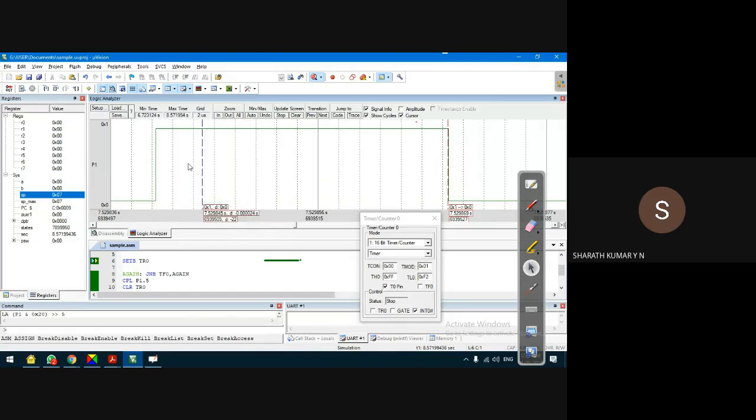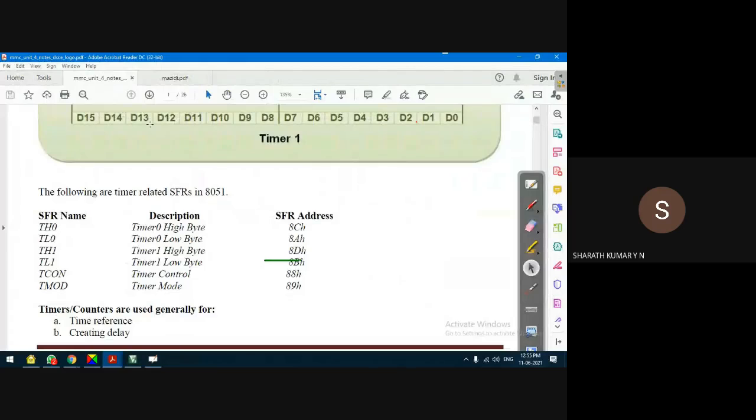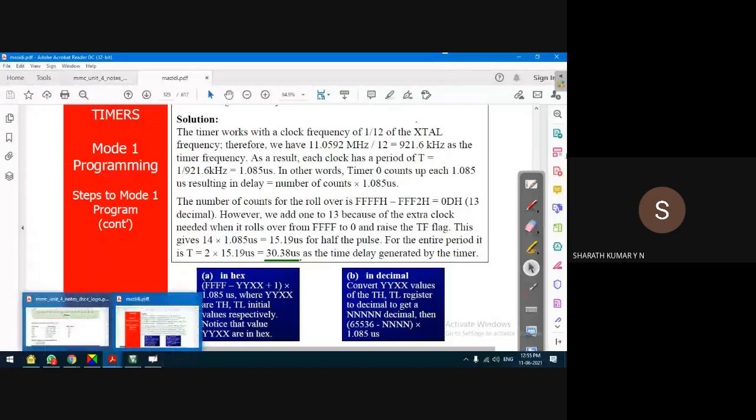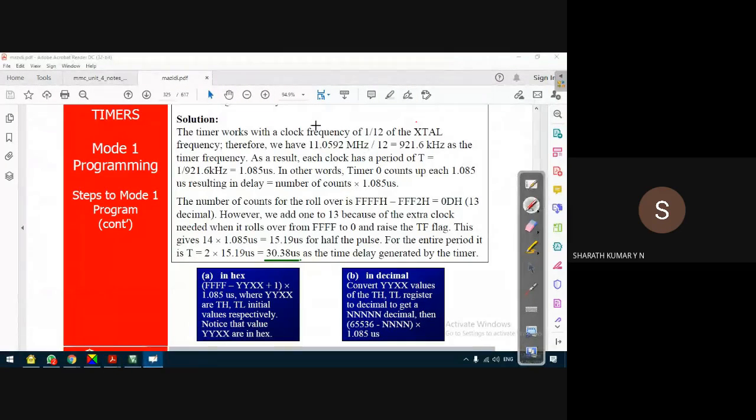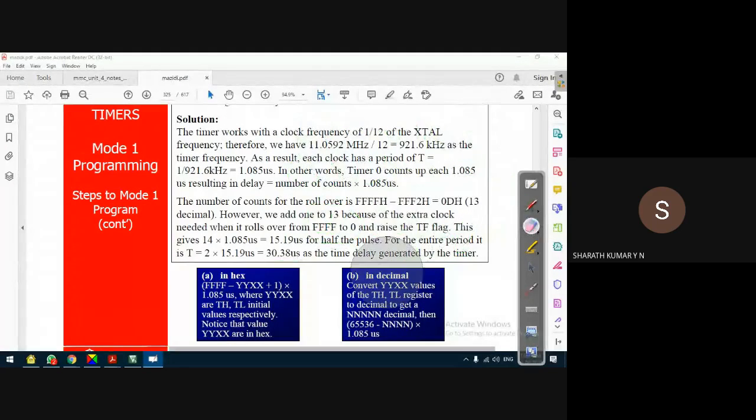28 microseconds. So as I said, this difference is because of many reasons, guys. I had discussed this earlier, not here, in an earlier case. It depends on three reasons. One is the compiler, that is the difference in delay generation. Another is the clock source, that is the clock frequency. And the third is the programming language, either assembly or C, it matters. Based on this there is a slight variation in the delay.